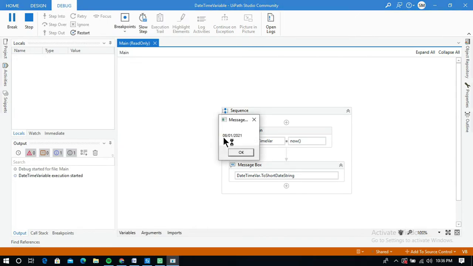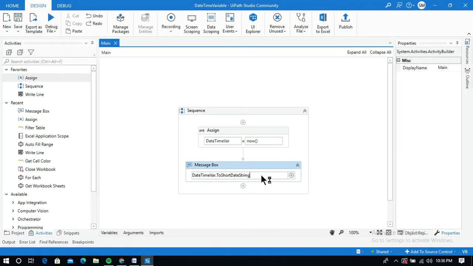Now it is displaying only the date, which is in YY format, and to display only the time I can just change this to ToShortTimeString.